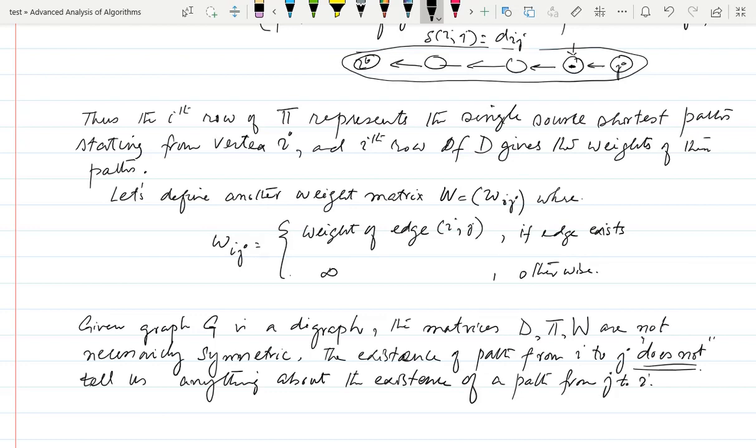So keep that in mind, it is a digraph, so that means it is directional. So if we have a path from i to j, it is not necessary we have a path in the